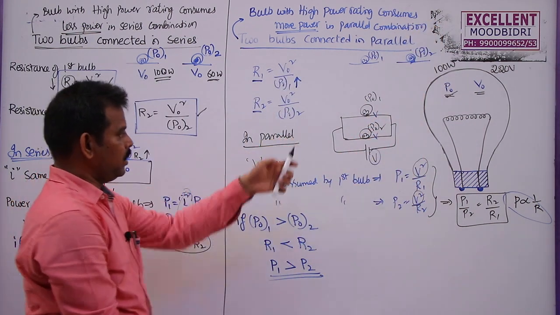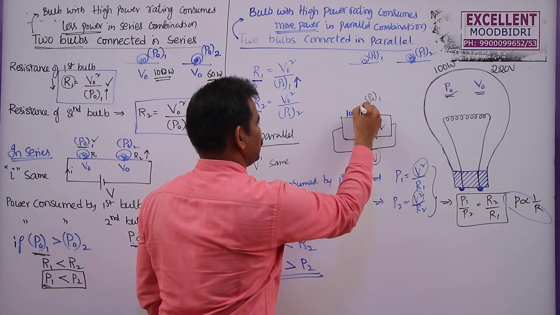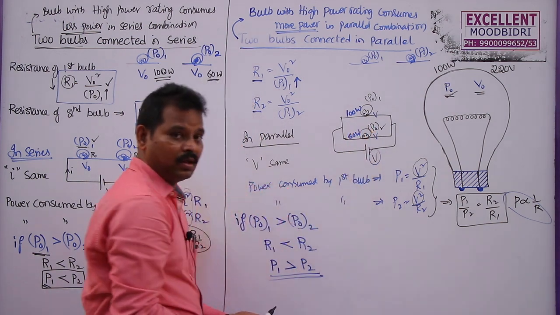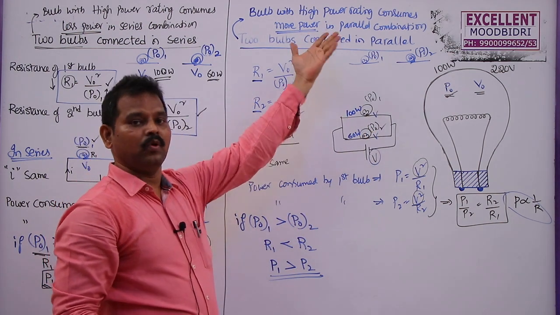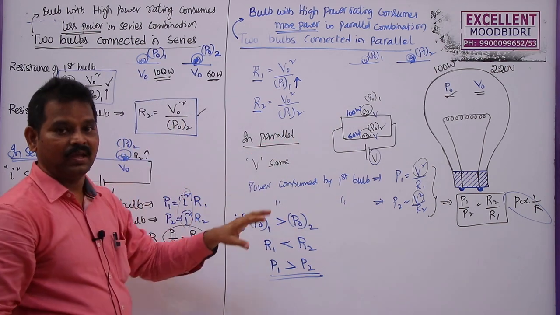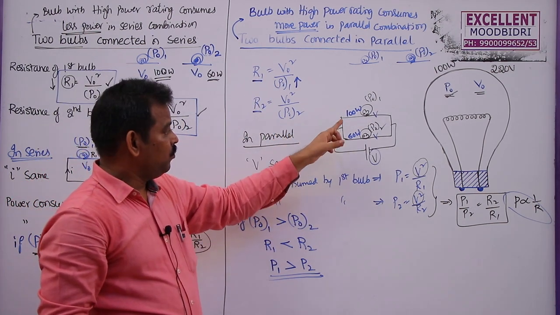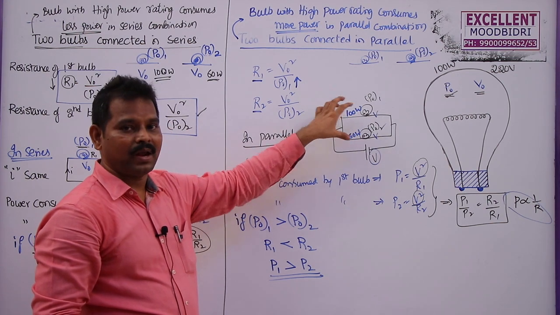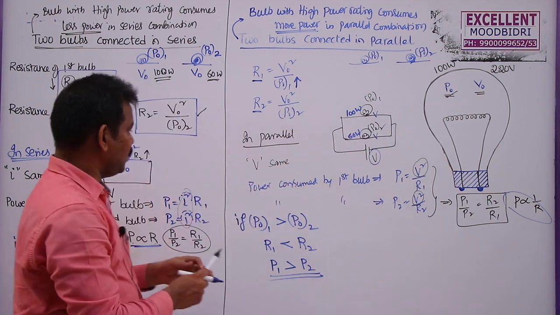So now if you connect this 100 watt bulb and, for example, a 60 watt bulb, the 100 watt bulb will consume more power than the 60 watt bulb only in the case of parallel combination. That's why in our houses we connect all these bulbs in parallel combination, so that here one more advantage is,